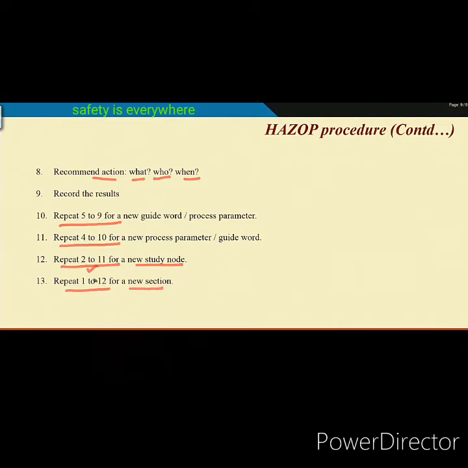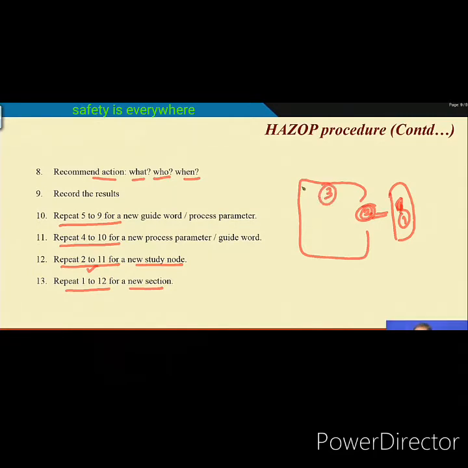Now, if I consider the pressure tank system, suppose I consider the tank as study node 1, the pressure pump as study node 2, and the rest as study node 3. So let there be two sections, one the storage and another the pumping. In the storage section you consider the tank itself as a node, and the relief valve is an important one, so the tank may be 1 and the relief valve 2.